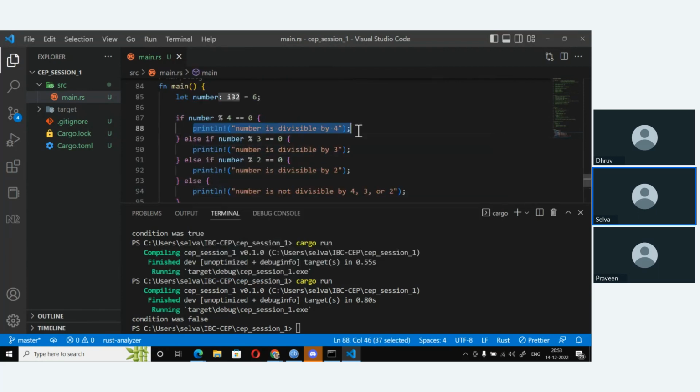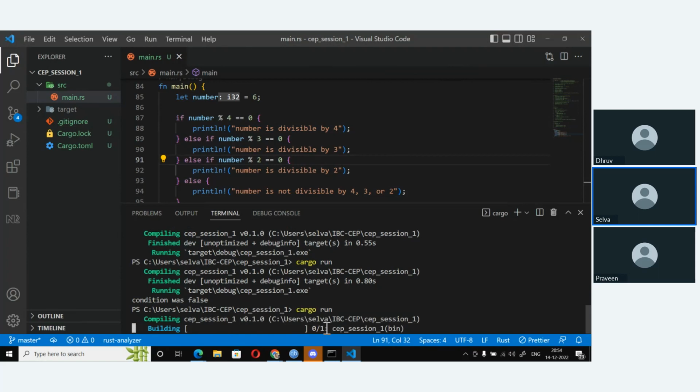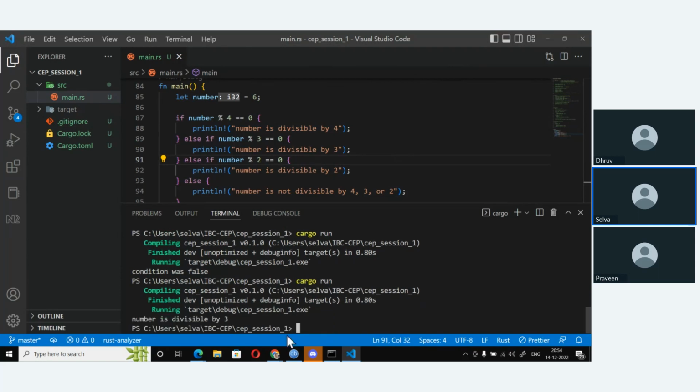So therefore, it's okay. But if you have some complex logic written there, multiple statements, then it's always a good idea to have the entire else block in curly braces, and then the if in curly braces, and so on and so forth. It will become a little cumbersome to read though, but as I said, I like to be more verbose in terms of my logic, so I like it.